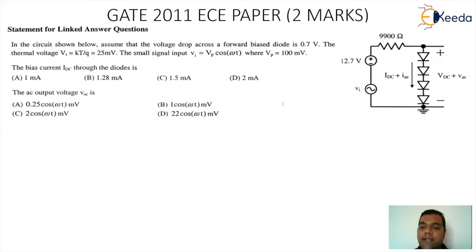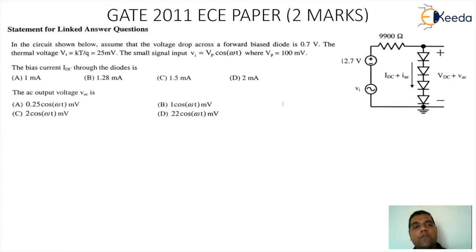If you look at the circuitry, it shows 4 diodes connected in series, and the input is in the form of a voltage source with a DC battery. So a voltage source is represented by Vi and a DC battery is represented. The resistance connected in the path is 9900 ohm. Since there is an AC and a DC, the current flowing through the diode will be a combination of AC and DC, and the same will be the impact on the output. The output will be in the form of AC as well as DC.